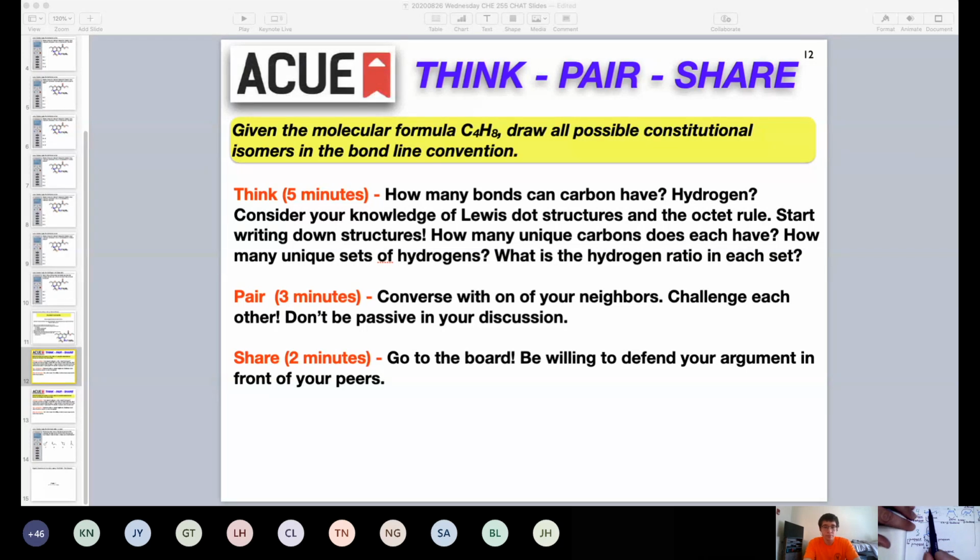So now of the 1, 2, 3, 4, 5 constitutional isomers we've determined, we can now refer to them by their names. So if I don't give you any of these structures and I say, given this name, 2-methyl-1-propene, you should be able to draw that structure. That's a skill that you want to be able to develop over the course of this semester. And then finally,